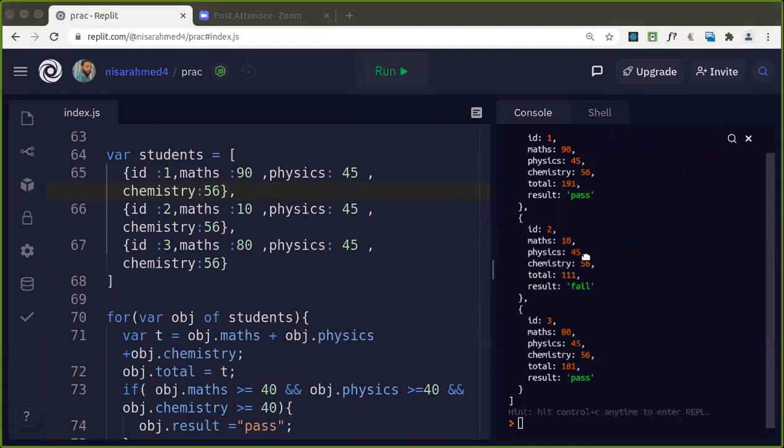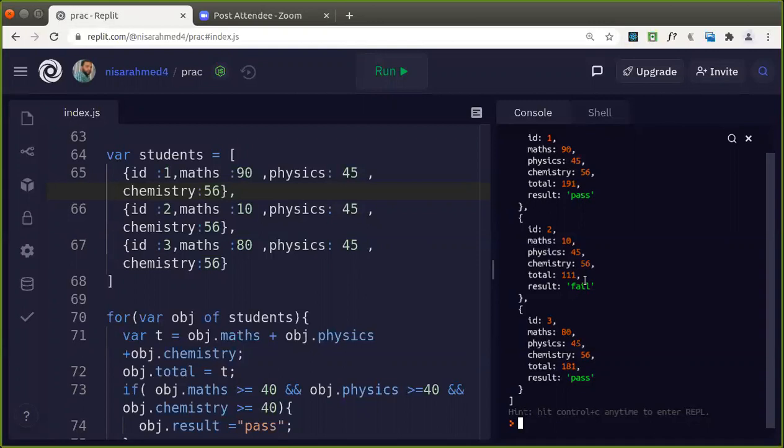You can see here, initially whenever we created the object, we did not have these things. We had only 4 properties, ID, maths, physics and chemistry with these keys. Later on, based on the individual subject marks, we have calculated and updated the total and result. Now you can see in this case, total is 191, the result is pass.